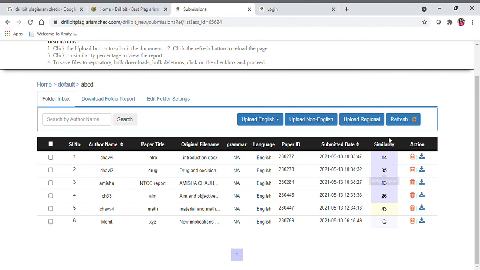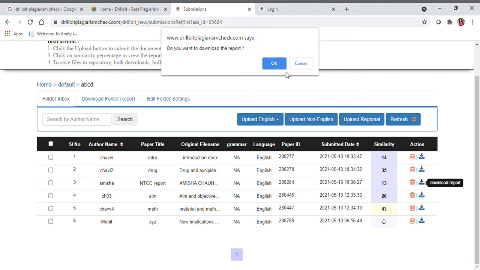the similarity here represents your plagiarism, the similarity values. For example, if it says 14%, it simply means that it has 14% plagiarism. Now you can download these reports. It will take hardly 5 minutes for this to get completely checked. In the meantime, we can check another report which has already been checked. For example, I take any report like this.